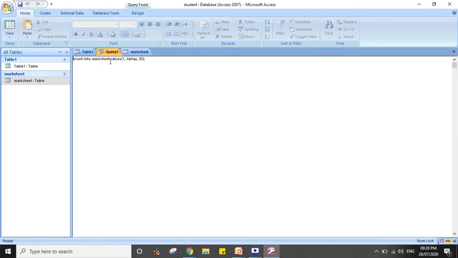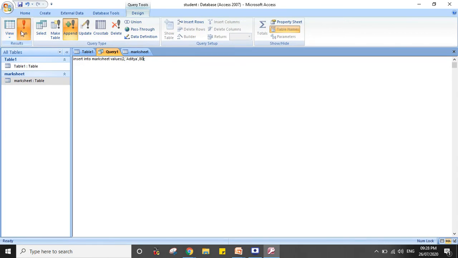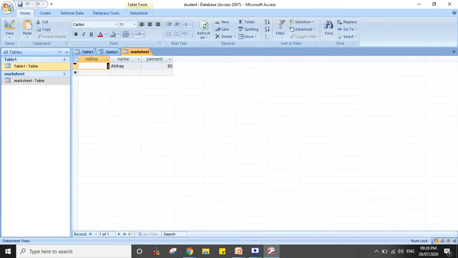Suppose I'm inserting one more row here, roll number 2, name is Aditya and percentage is 80. So when I will run this query, the record will be inserted. See, second record is also inserted.